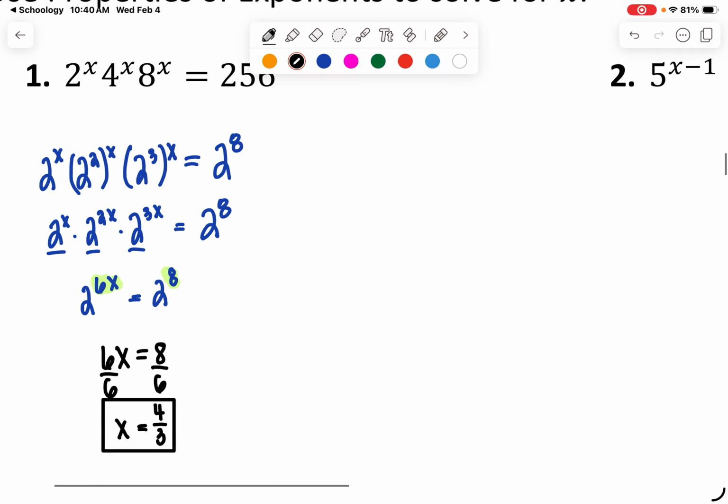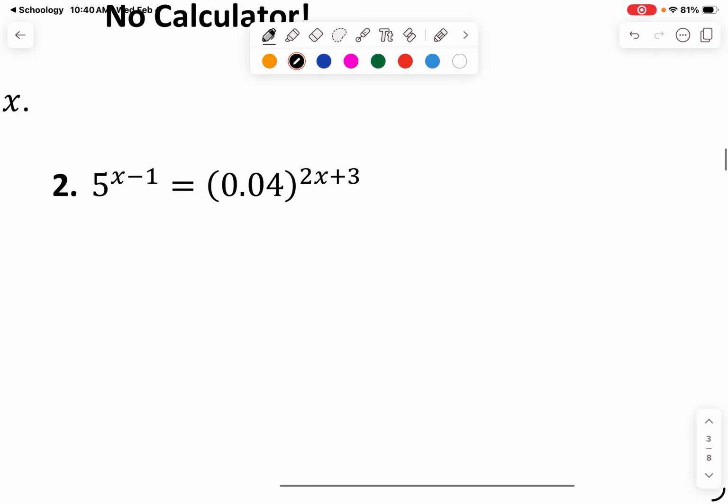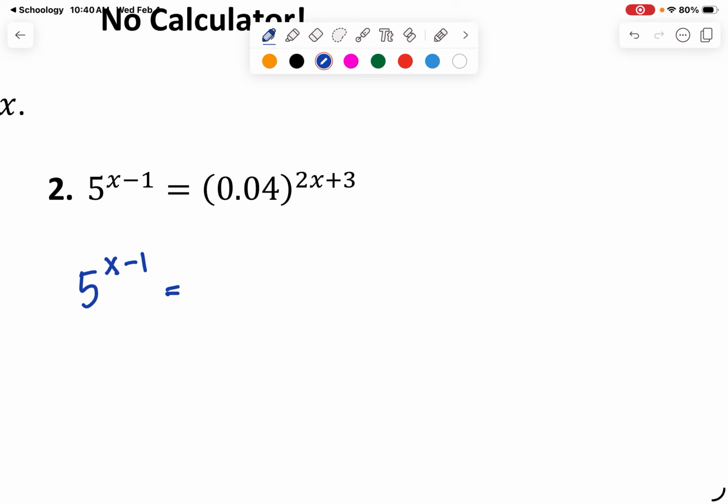Okay, let's move on to the next one here. All right, so the left-hand side has a base of 5. The right-hand side has a base of 0.04. So I can see that that's a decimal. Writing it as a fraction is going to make my life easier. 5 can't be written as any other base, so that's going to be left alone. And then this, how you say it out loud, is 4/100ths, right? So this is